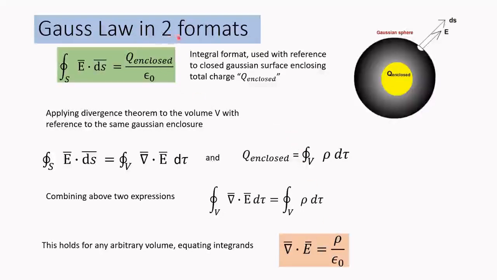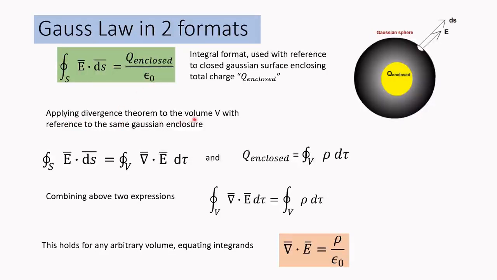Now, Gauss law comes in two formats. First is the integral format you could see over here. Okay. Now, here we could see that the charge is enclosed and over here the Gaussian sphere is constructed. So all the electric field lines are along the radial lines. And when we look at the surface element, it is showing the ds bar, a normal vector along the direction of the E bar. So when we write our Gauss law in an integral format, it is a very simple closed surface integral of E bar dot ds bar, which could be written as Q enclosed over epsilon naught.